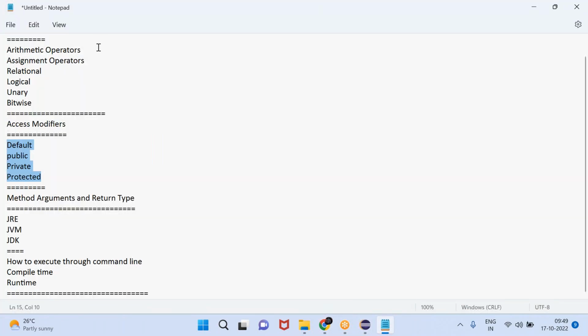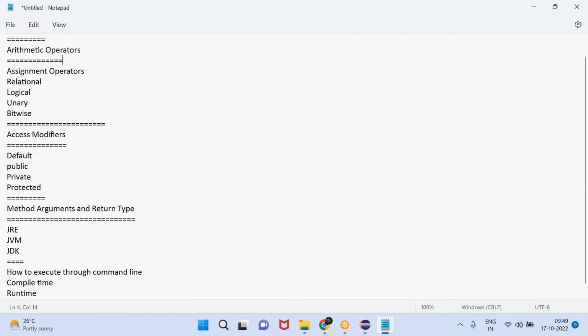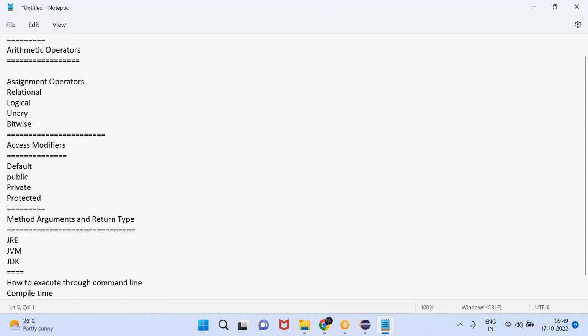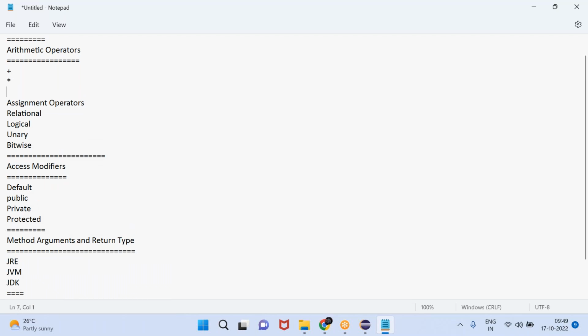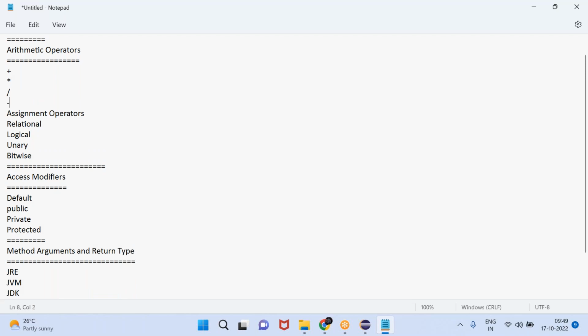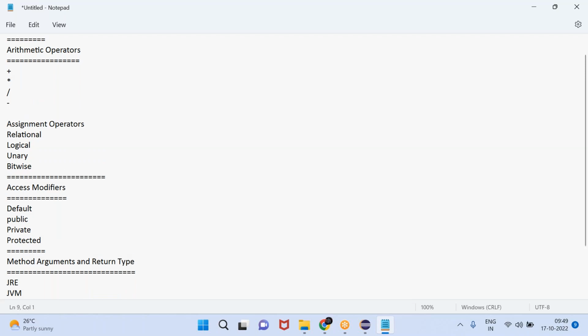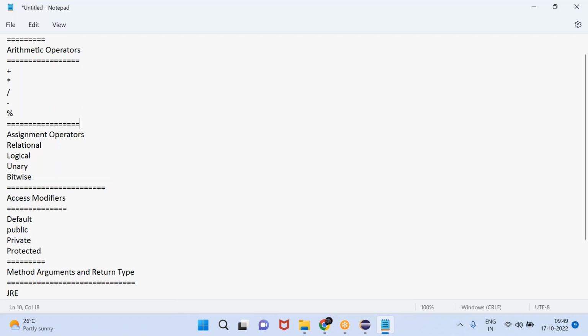Operators, we have different operators. Just at a high level I am going to explain. Tomorrow we'll see the examples. Arithmetic operators, generally we have the plus symbol for addition, then multiplication, division, subtraction, then the modulus operator. These are the arithmetic operations we are going to perform. Then we have assignment operators. Assignment operators, we can say, for example,